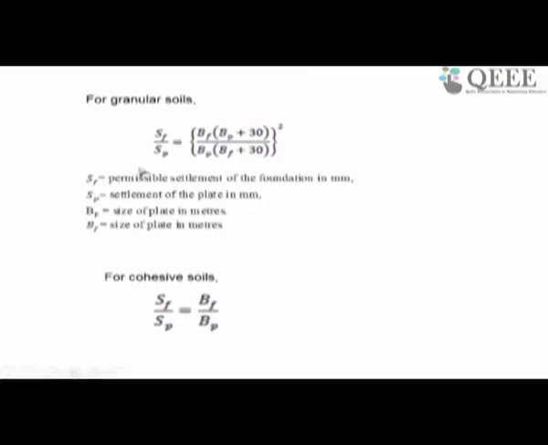These are the equations; the first equation is for granular soil, and the other is for cohesive soil. As I mentioned, the plate load test is mostly suitable for granular soil. For cohesive soil, it is not very suitable, as it takes time to dissipate the pore water pressure because of its low permeability. So, obviously, for granular soil it is mostly used, and if it is done, it has to be done cautiously in case of cohesive soil.